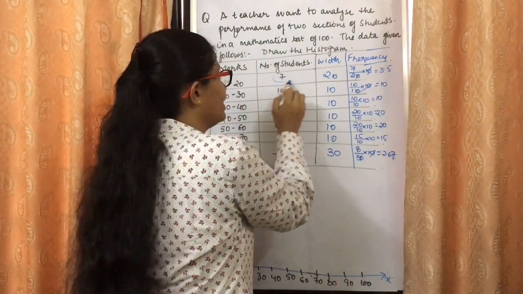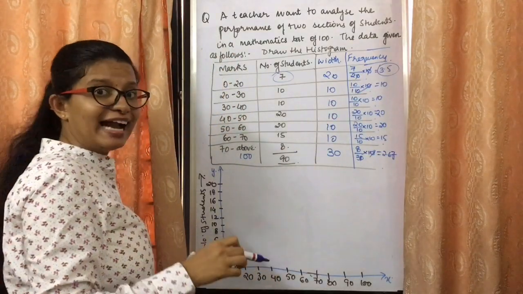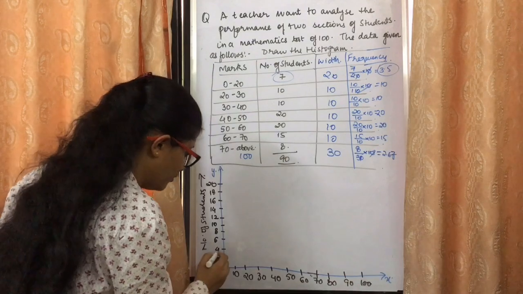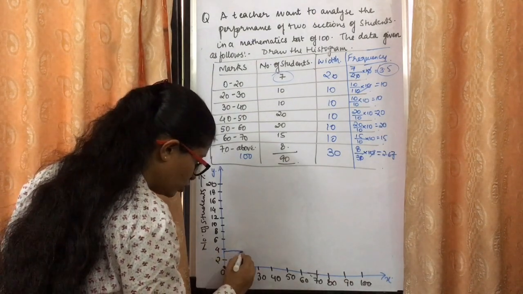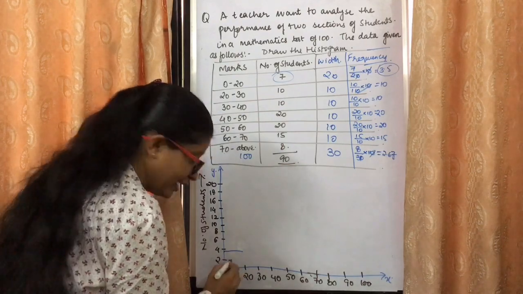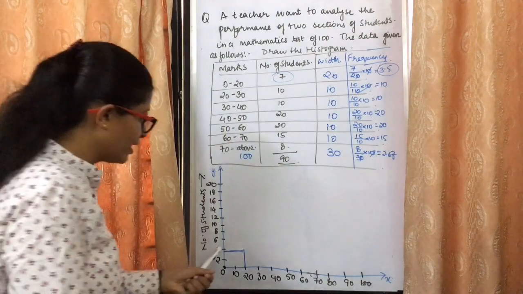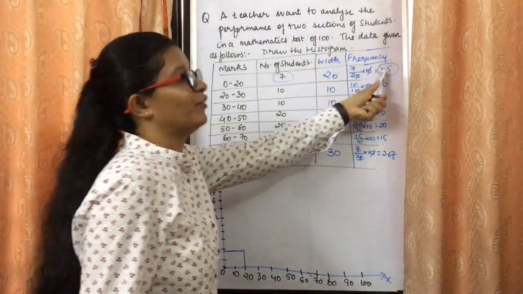3.5. अभी ये 7 नहीं देखेंगे हमने जो नई कैलकुलेट करी हुई frequency है, we will be plotting that frequency. So 0 to 20, 3.5. So 3.5 will come somewhere around here, but it is from 0 to 10 मार्क नहीं करना है, 0 to 20 मार्क करना है. Why? Because the class interval is from 0 to 20 for 3.5.